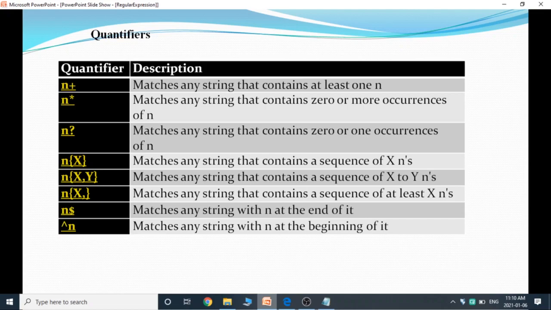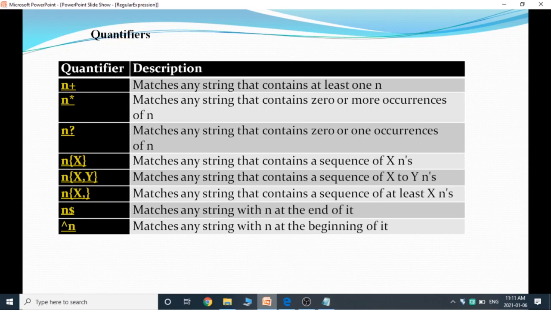If I want to find a string that contains at least one n, then we use the n plus quantifier. It matches one or more. To match a string that contains 0 or more occurrences of n, we use n asterisk.